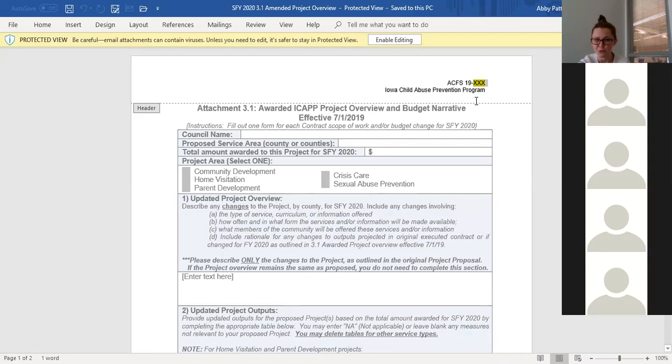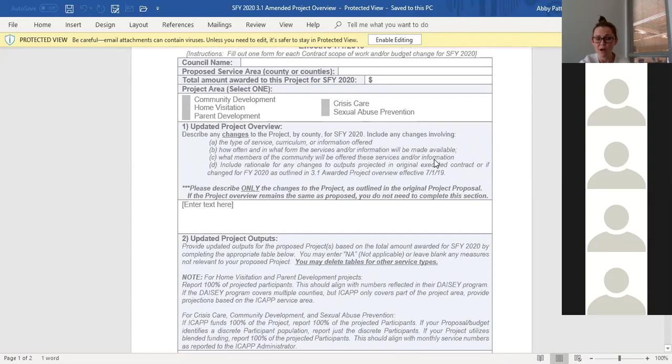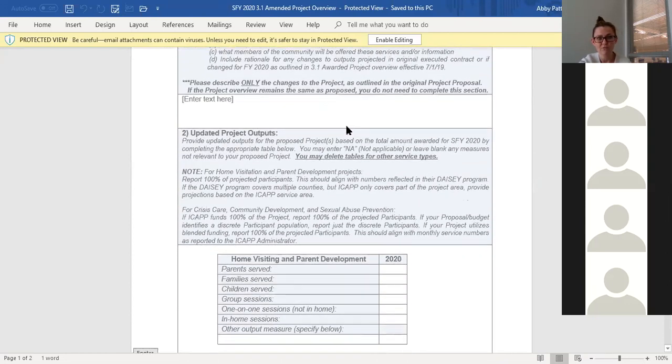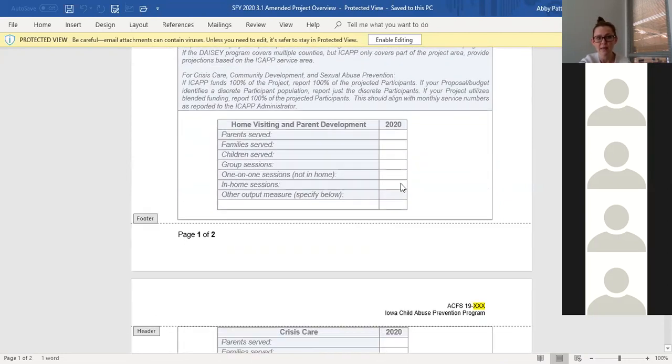Please remember to put your contract number in there. It definitely helps us keep everything straight and make sure we aren't putting the wrong paperwork in the wrong file. So for these, we want a narrative of what those changes are in section 1. And then section 2 is for if you do have changes to your outputs.